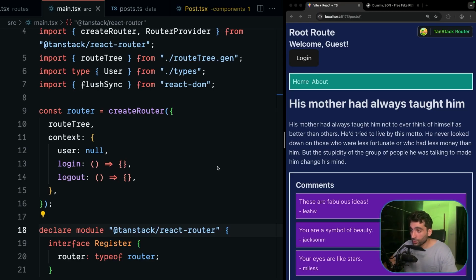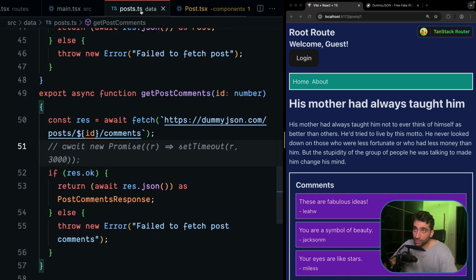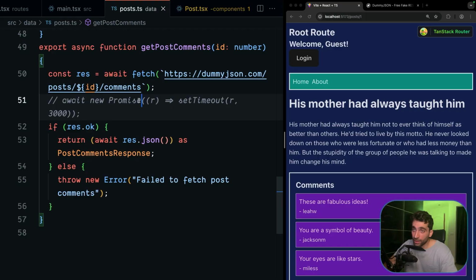What we can also do to make our route load faster is that, instead of waiting for all of our data to be loaded before rendering our route, we can just wait for important data to be loaded, then render our route and wait for maybe non-critical data to load in the background and then display it later after rendering our route. So let's have an example, in our posts functions here, let's get this back,